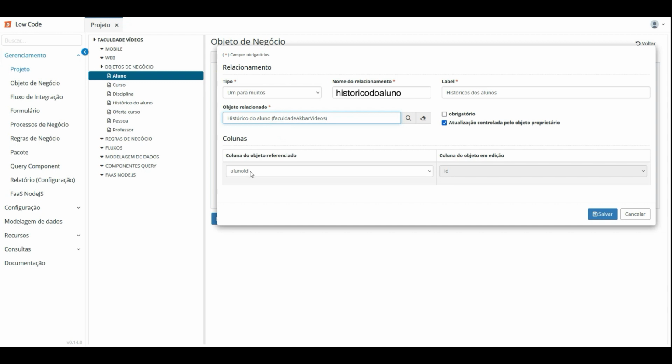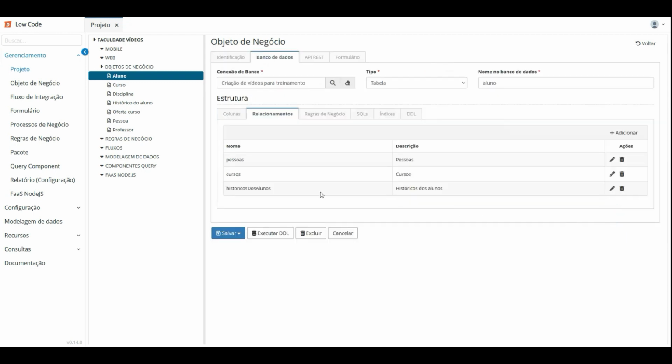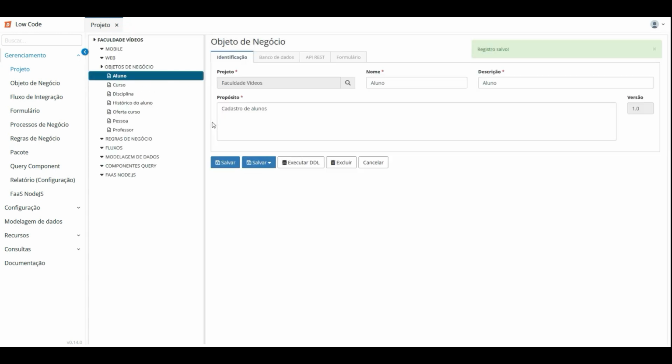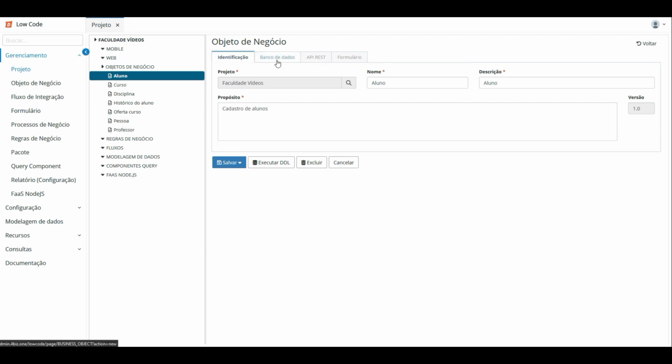The system already marks the option Update controlled by the parent object, and we leave it as it is. The column from the referenced object will be alumno ID. The column in the object being edited, alumno, will be ID. We verify the options and click Save. Check the three relationships created and now click Save to ensure everything is saved. Now that all our business objects are created and all relationships are established, it's time to